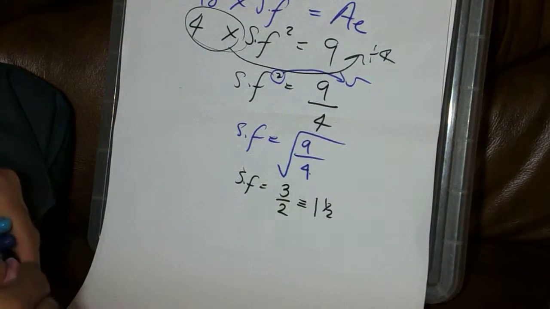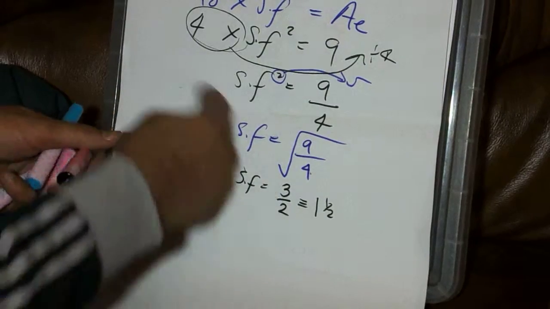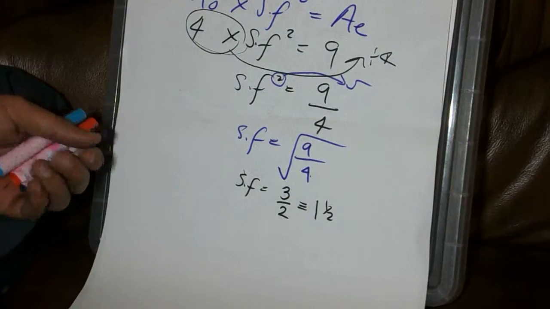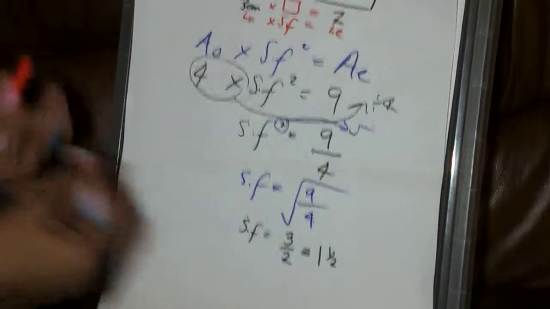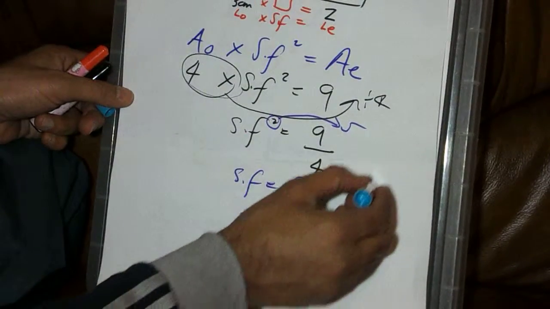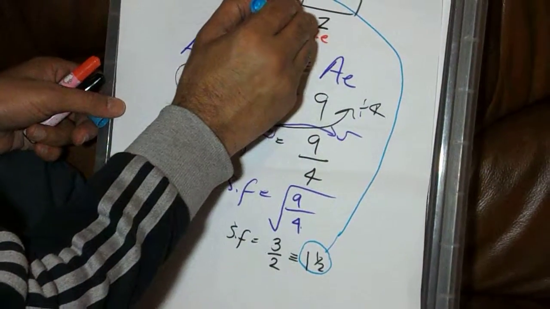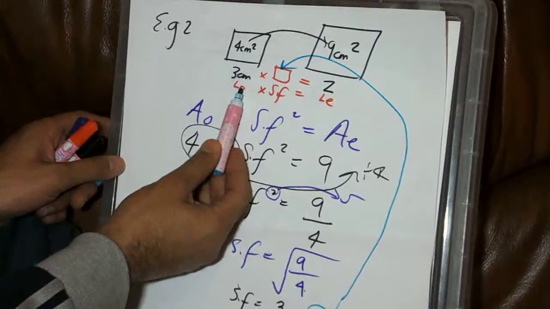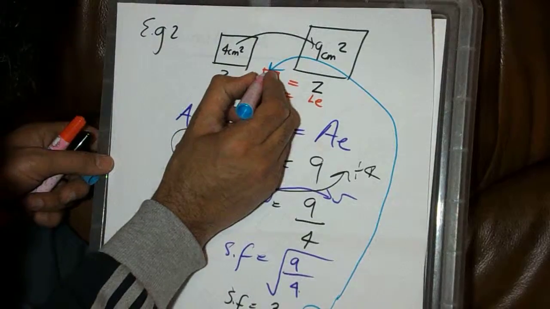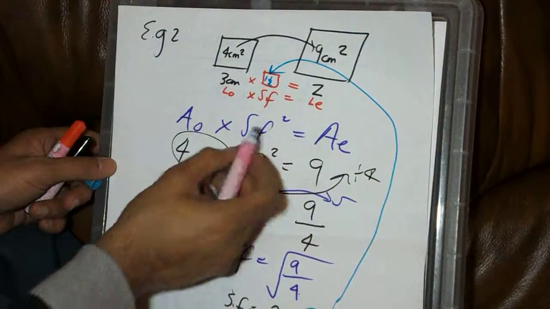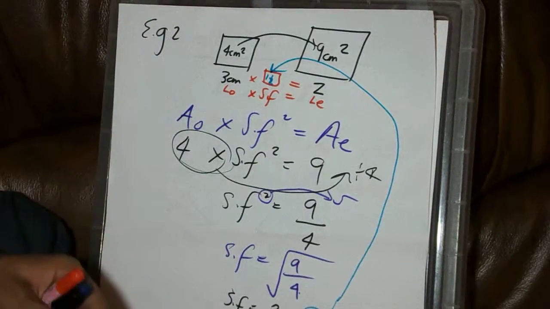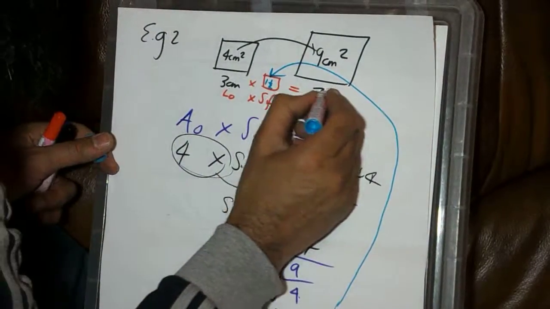So now that we have established the scale factor from the corresponding areas, we need to feed this back into the first part of the question. So here we have the length original, which is 3, times the scale factor, which we worked out to be 1.5. That will give us our z value, which is the enlarged length. So 3 times 1.5 will give us a value of